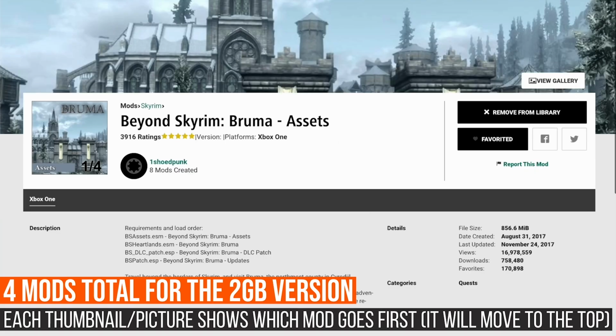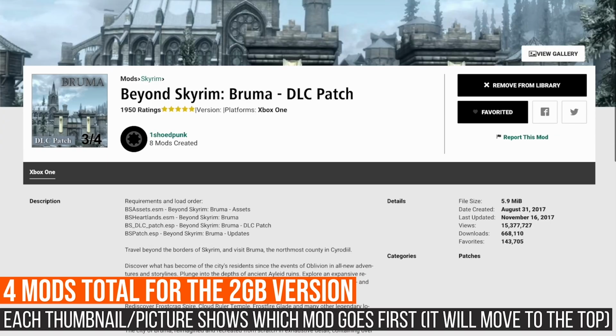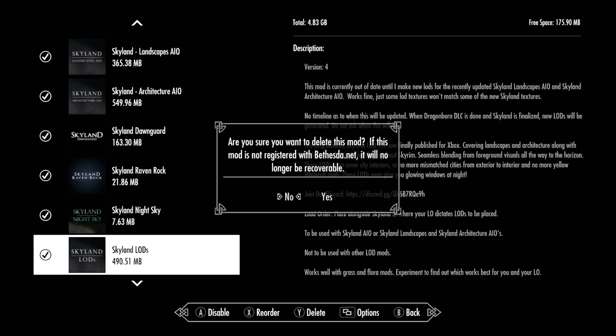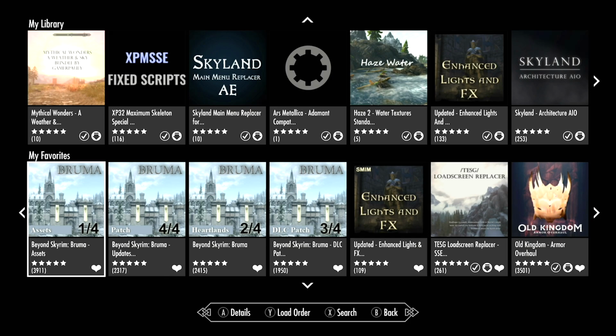So one thing I wanted to do was maintain my current load order. So what I did was I deleted some of the things that I thought were okay to get rid of, and then I would install one at a time. That way I knew exactly how much space I needed, and I could try to avoid the ghost space that